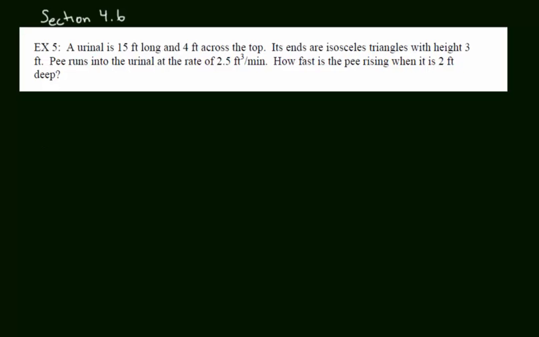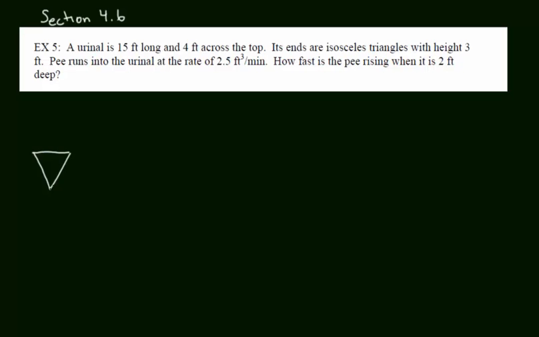Anyway, we have a urinal that's 15 feet long and 4 feet across the top. Its ends are isosceles triangles with height 3 feet. Pee runs into the urinal at a rate of 2.5 feet cubed per minute. How fast is the pee rising when it is 2 feet deep? Pretty gross. Anyway, here is the troughed